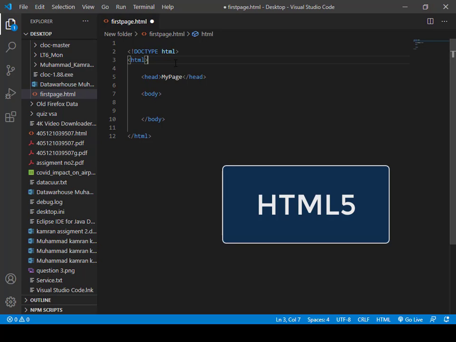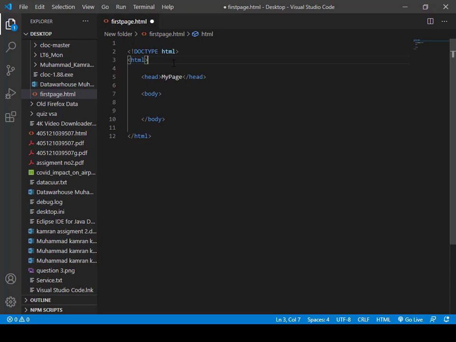This standard is more flexible in its compliance requirements among browsers, and it is also the most widely used. Previous versions of HTML, such as HTML4, are even more flexible but lack some of the new features in HTML5. We will learn about some of the new features as we progress through the course.